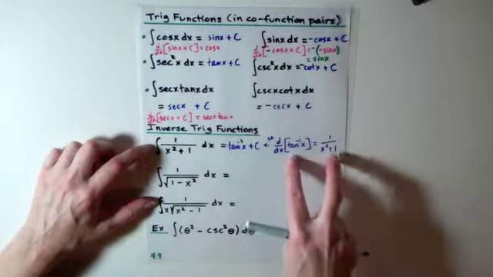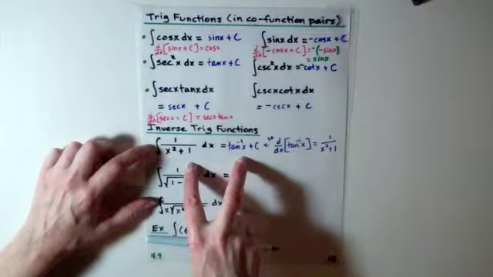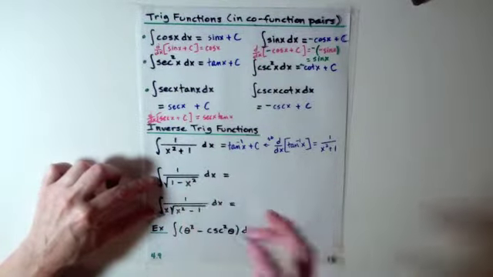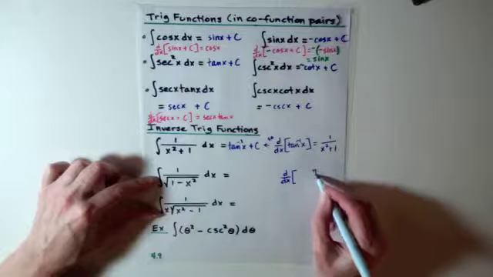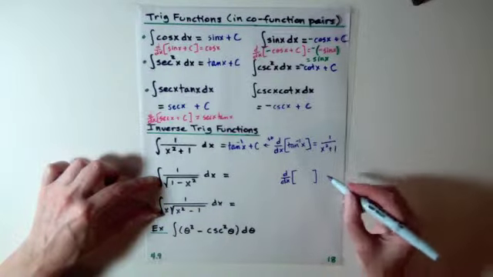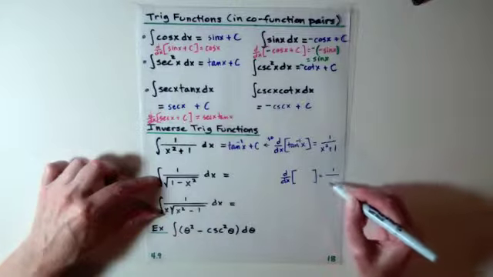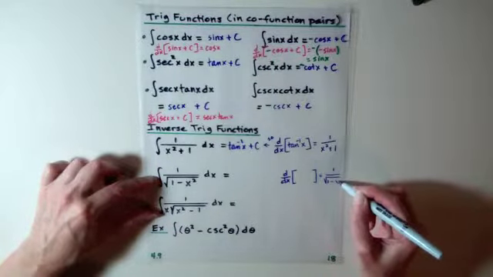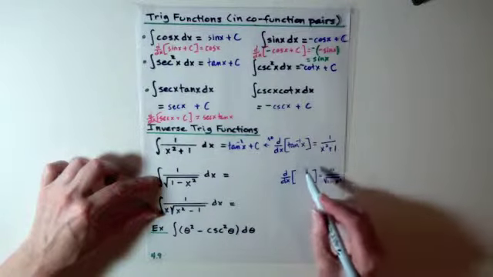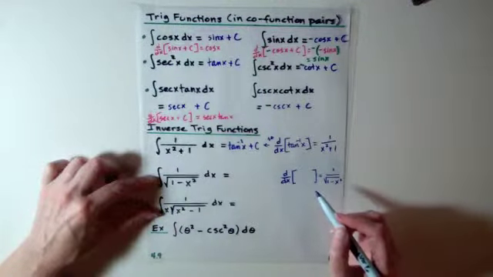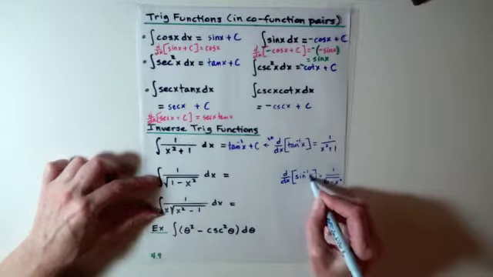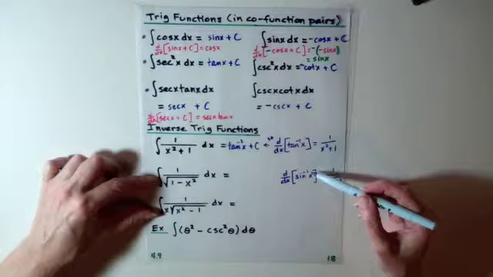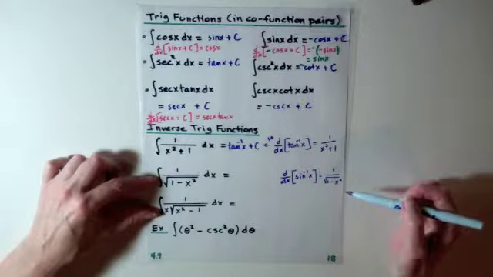So just as we said on the last page, this derivative formula automatically gives us a new integral formula. Well, we can do the same thing here. We're trying to think backwards again, and we're thinking what inverse trig function should go in here so that its derivative would end up being 1 over square root of 1 minus x squared. And the thing that I need to put in here, you have to remember your inverse trig functions, would be the inverse sine function. So the derivative of the inverse sine of x is 1 over root 1 minus x squared, and